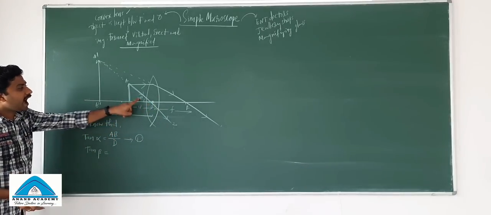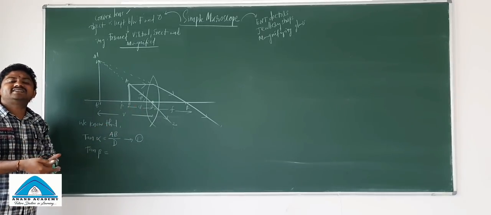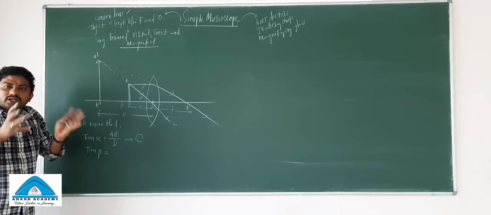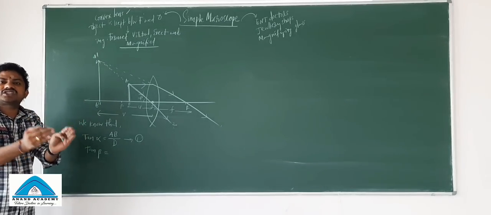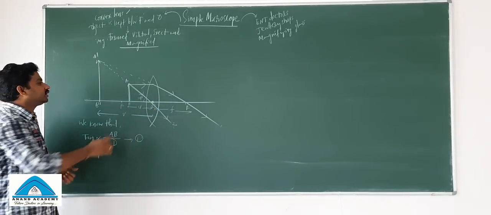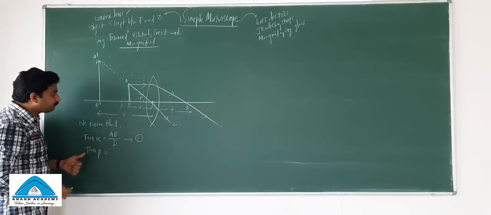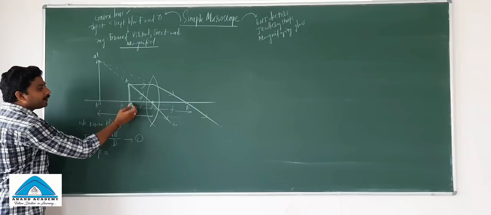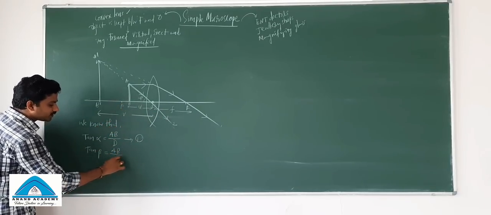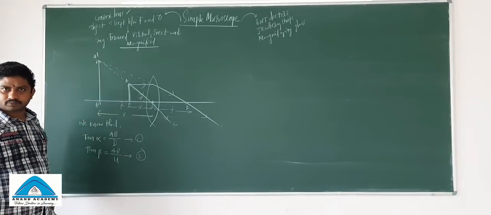So tan beta, I have taken this AB by U because image distance, where it will form, those are the things we will discuss later. So what I know, there is an object which is kept between F and O. That is the part I know. So that's the reason I have considered only this triangle. Okay. Now tan beta is how much? AB by object distance. Tan beta is AB by object distance U. So let us say it is equation number 2.